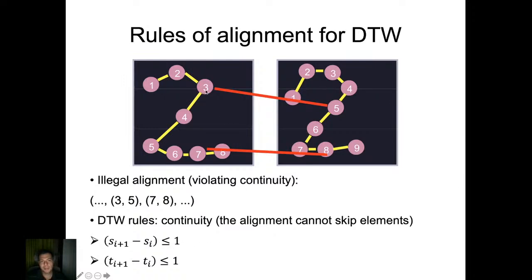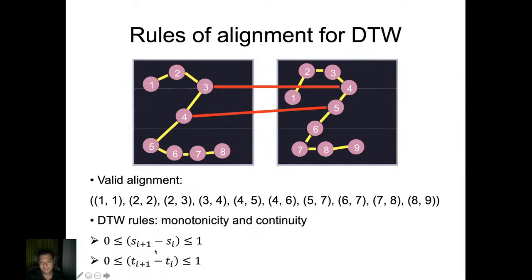So if we match 3 and 5, then we can match 3 and 6, but we cannot go to 3 and 7, or we can match 4 and 5, but we cannot go to 5 or 5, and we can also match 4 and 6, so that's also a possible option. It's still valid for this rule. So when we put the two rules together,